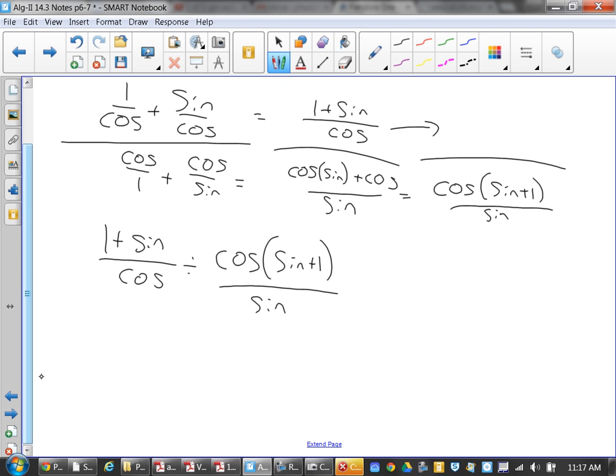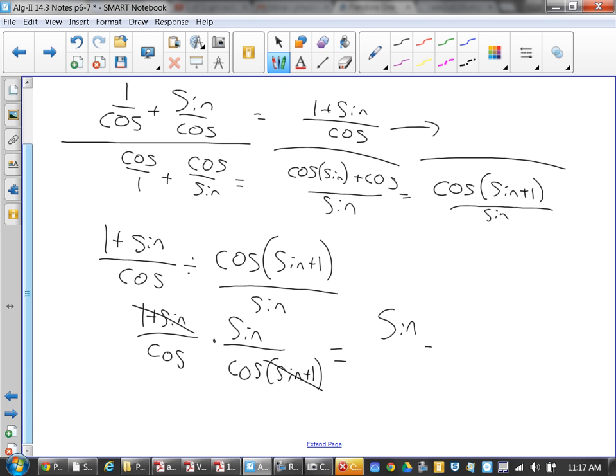So when you do that, you have your 1 plus sine over the cosine times the sine over the cosine times the sine plus 1. You can cross out the sine plus 1's. So now you have sine over cosine squared. Which is, in other words,